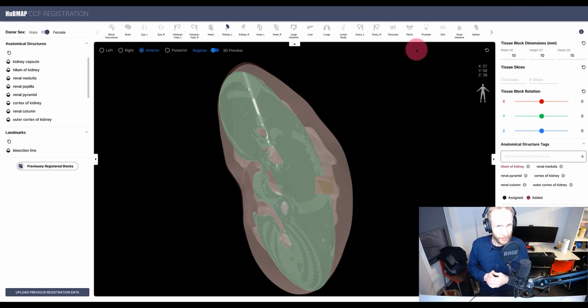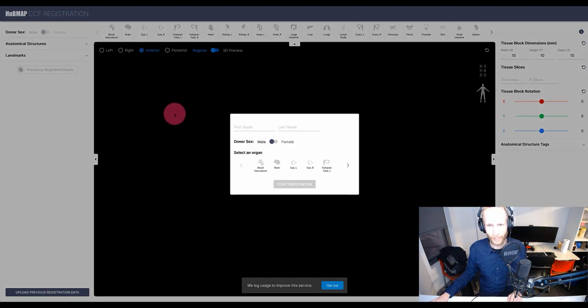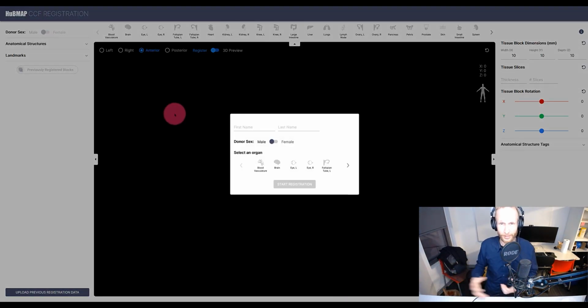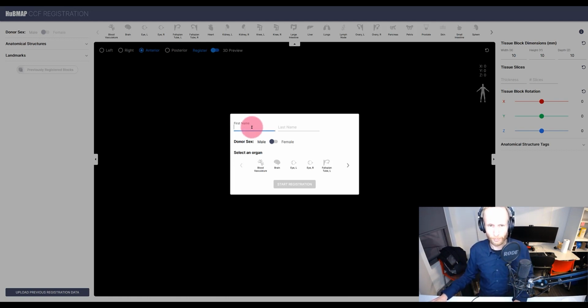So there's another really neat thing that you can do with this JSON object that we just exported, and that is we can reload it into another instance of the RUI. So I'm going to refresh my browser, which of course deletes everything that we just did, because again, it runs client side in the browser. But let's say I want to edit an existing registration, or I want to just work with an existing registration, change it slightly and create a template that way.